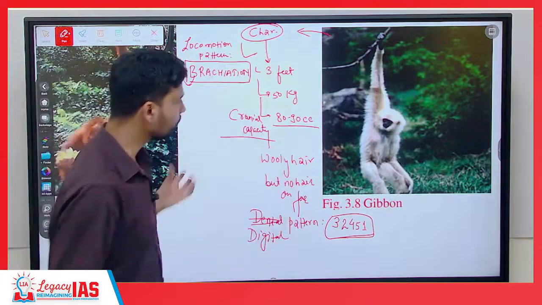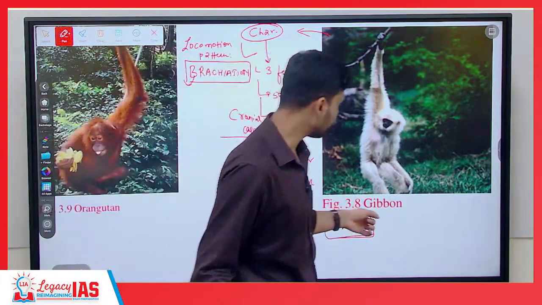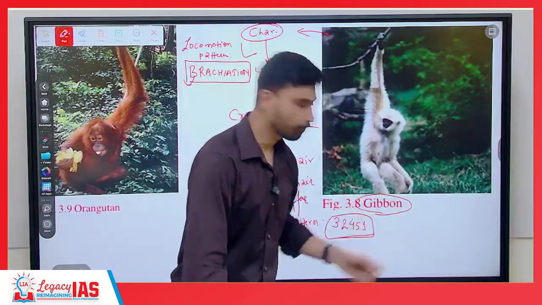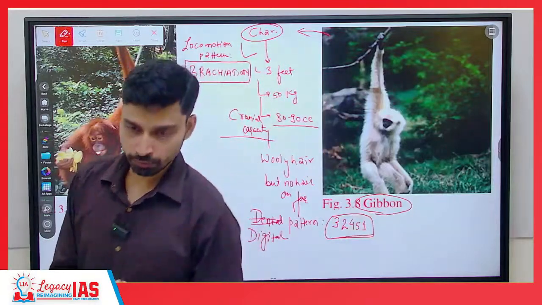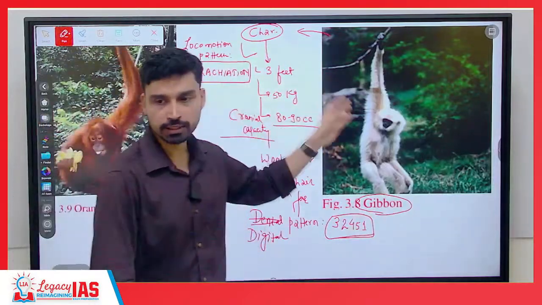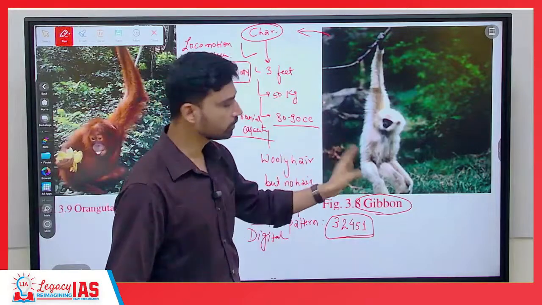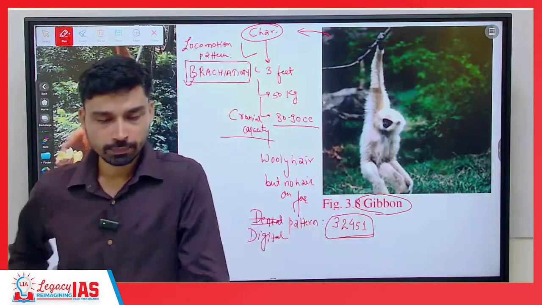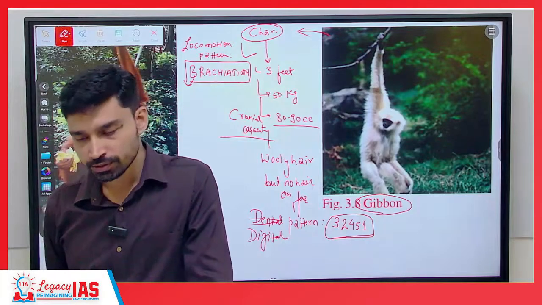So out of the 4 primates we have to study, gibbon is considered the farthest from the human line of evolution, because they are very distinct as compared to the humans. So this last concluding remark we can write, based on their characteristics,